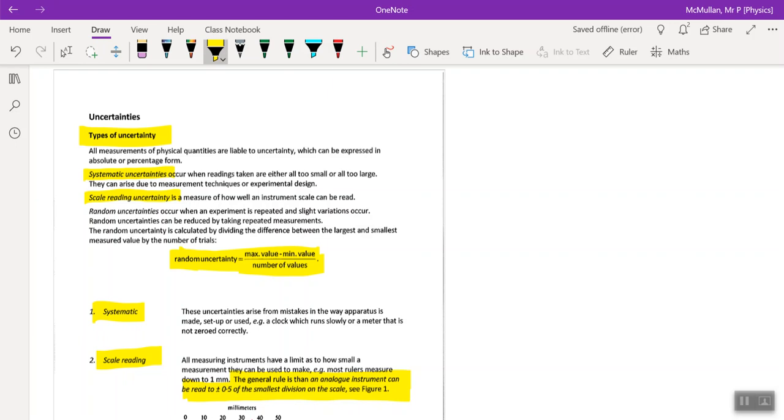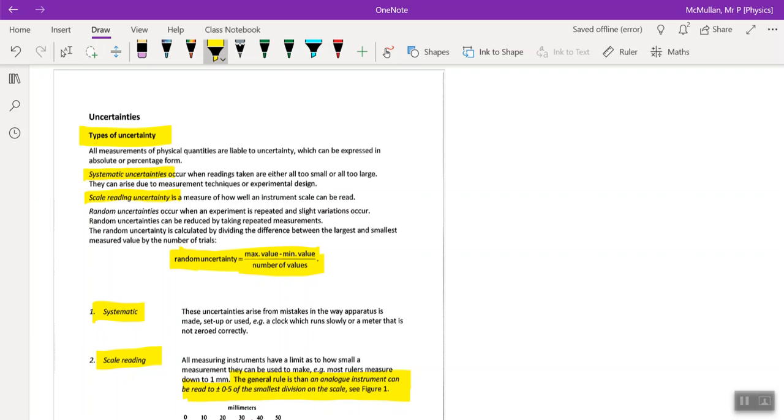read the instrument. For example, if I was to ask somebody how tall they are, usually they would answer you in meters or feet. Now, if I gave you a ruler that only had a meter marked on it and no centimeters and asked you to take your height, you may only be able to tell me that you're somewhere between 1 meter and 2 meters. And this is not very accurate. There's a large uncertainty in that height. If the ruler had centimeters marked on it, you may be able to tell me you're 150 centimeters exactly. If it had millimeters, you may be able to tell me you're 150.5